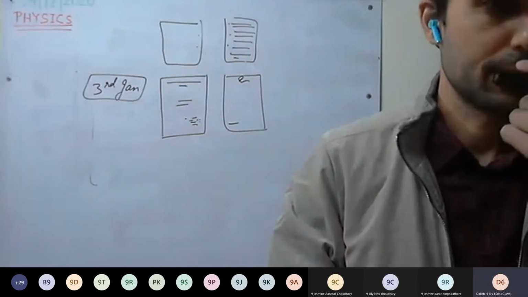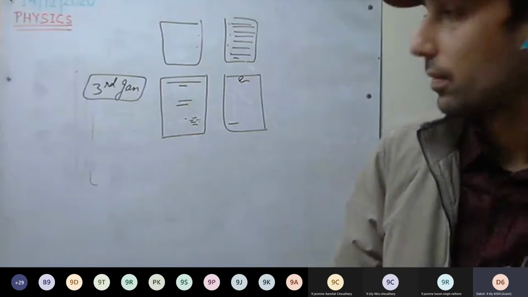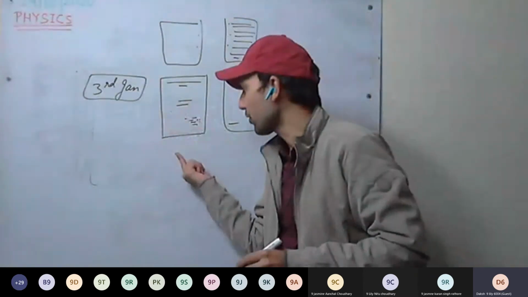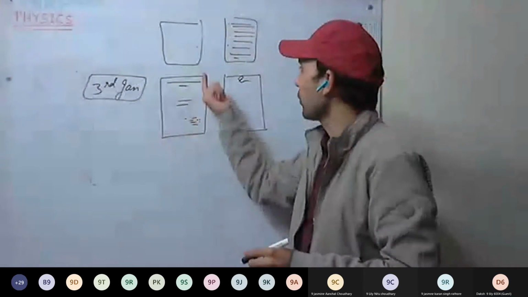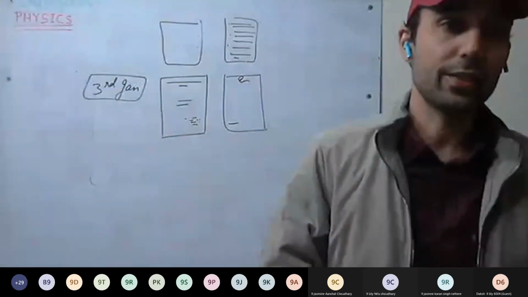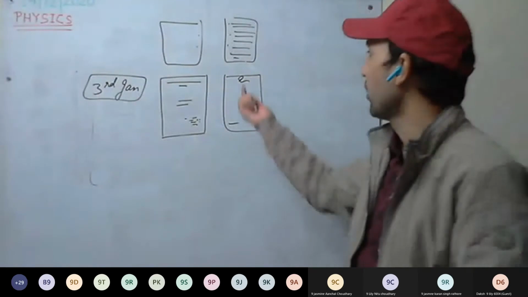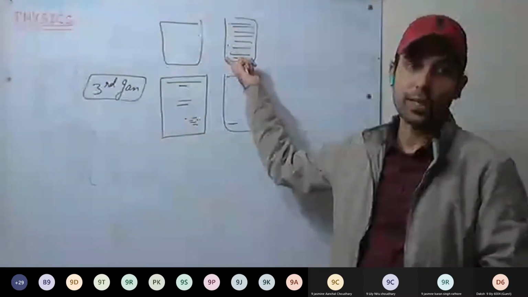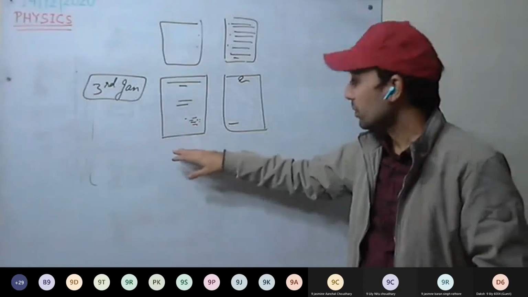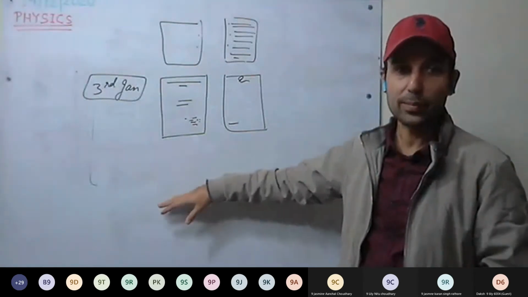Sir, do we submit both the lab manual and the project, or only the lab manual? You have to submit the lab manual as well as the project work. For project work, you can take help from anywhere: internet, any book, newspapers, any magazine. In our book as well, 2 or 3 chapters are dedicated to pollution. You can go through them and write from them.